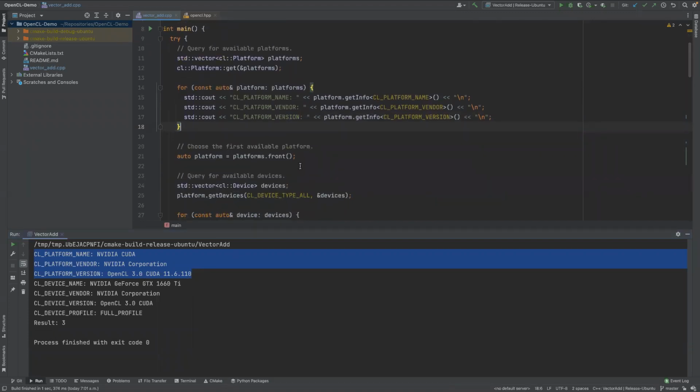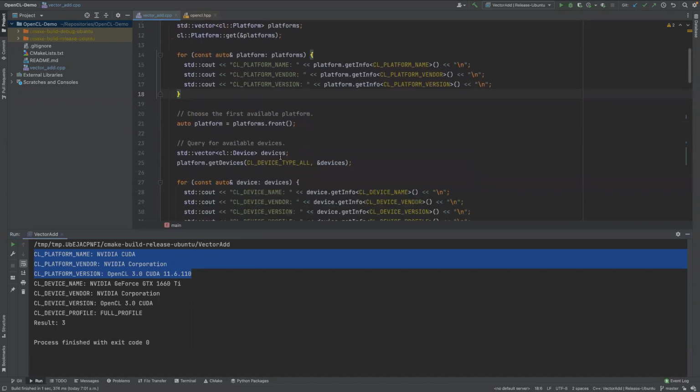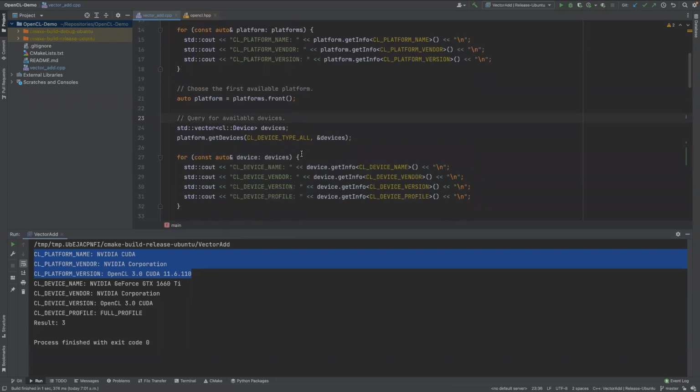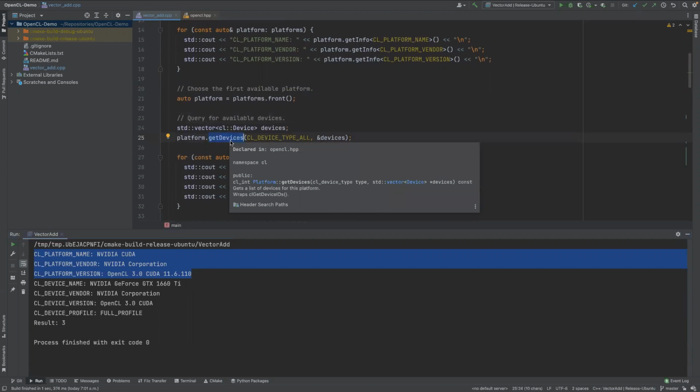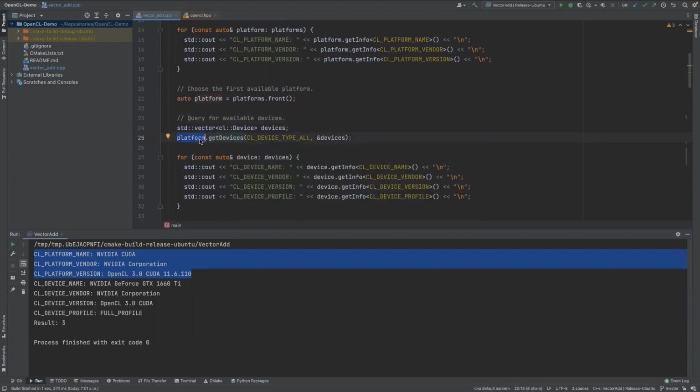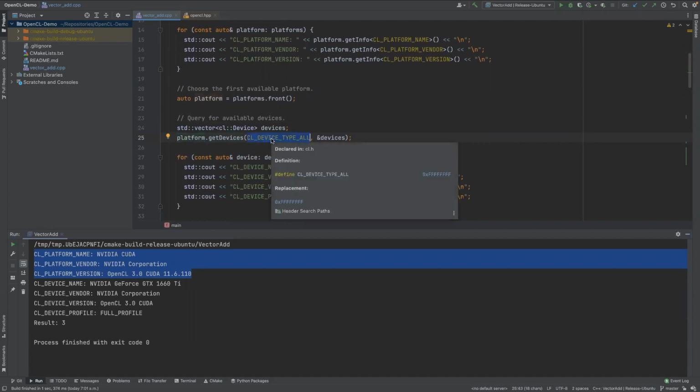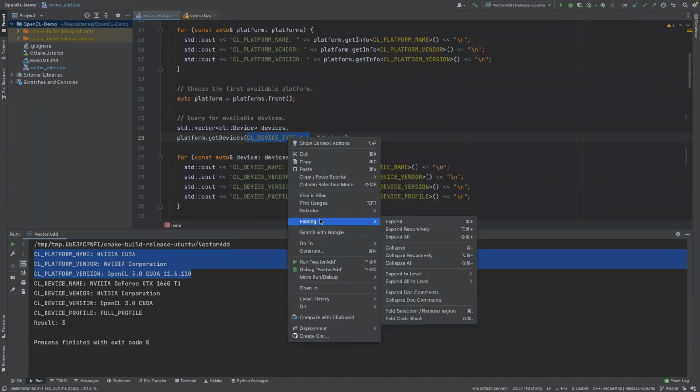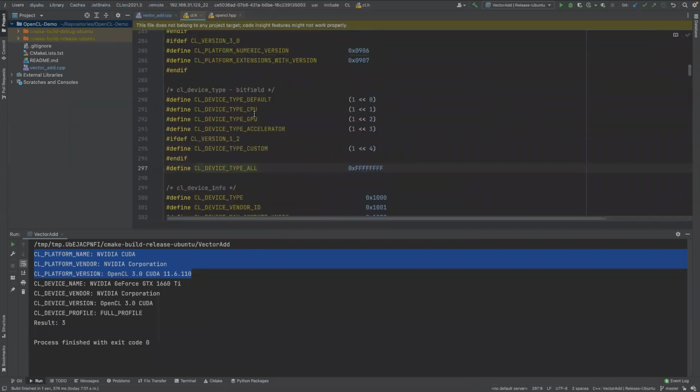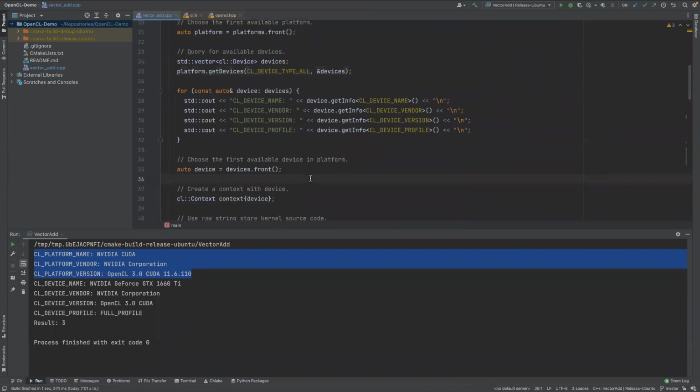After getting the available platform, we are going to query for available devices, and it's practically the same procedure. We call the member function getDevices from the platform object, and this parameter indicates we are going to query all types of devices. If we go to the definition, we can see there are some other types of bit fields, including CPU, GPU, default, accelerator, and custom. For example, we are going to use all types, but since I only have one graphics card, as we can see in lines 4 to 7,